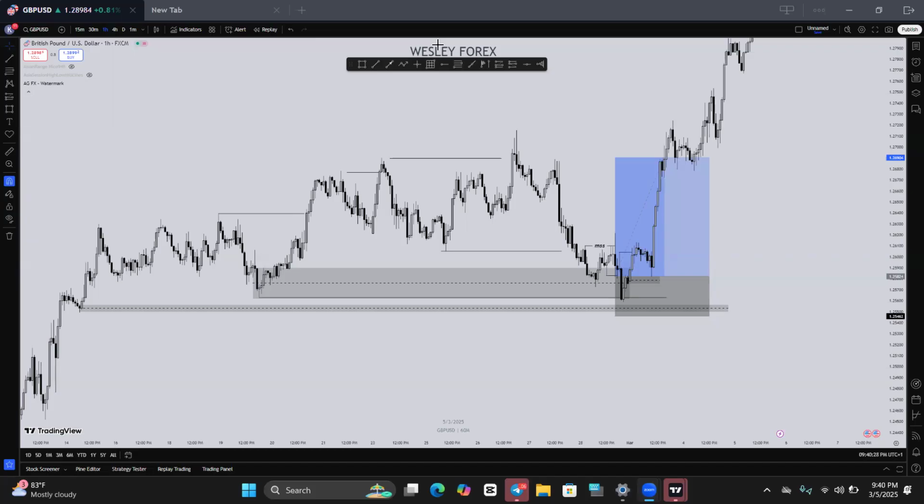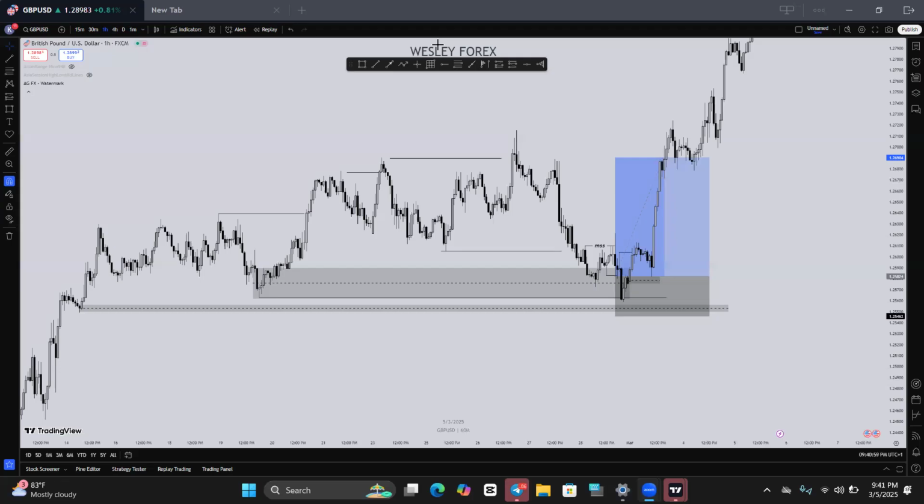Can I speak? Yeah, go on, sir. All right, thank you. I'm looking at wicks and candle bodies. When it comes to break of structures, we consider that the candle body is involved. And when we're looking at liquidity grab, we look at the wicks. But the thing is, it depends on time frames. If I'm looking at a wick on 1 hour and I go to 15 minutes,